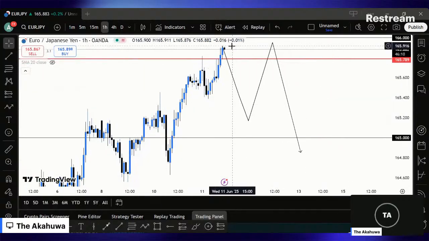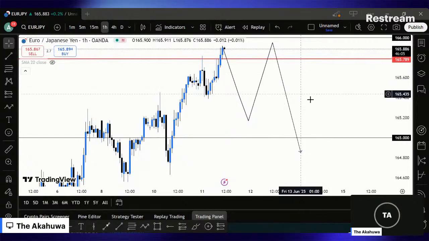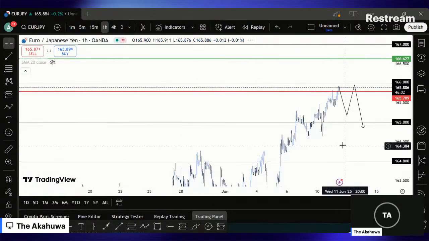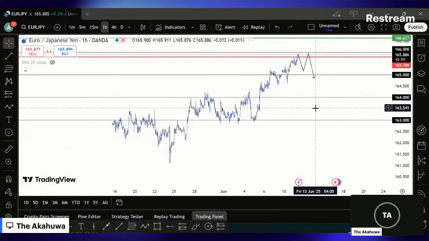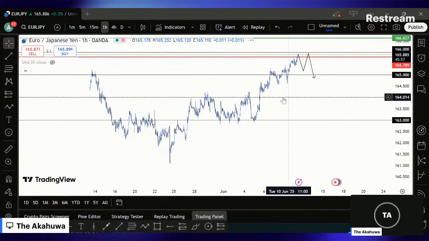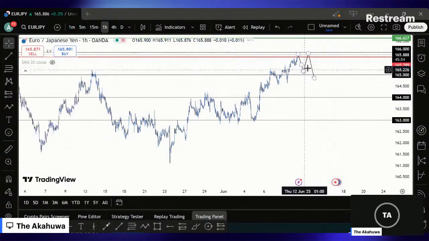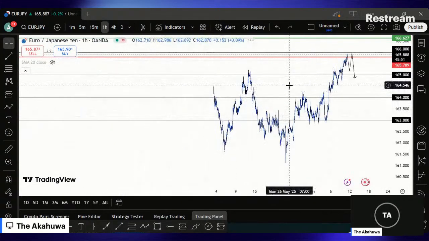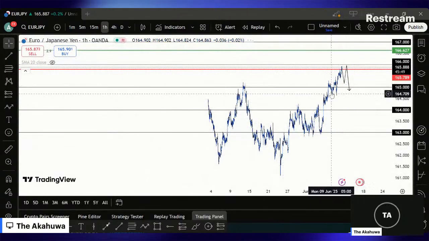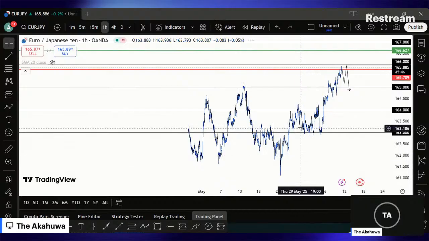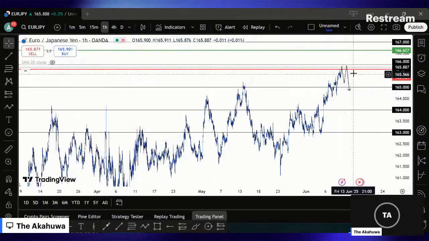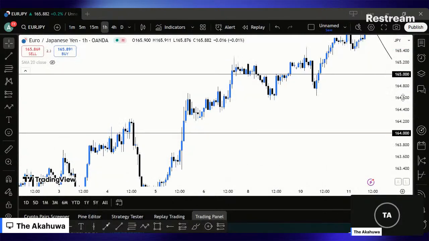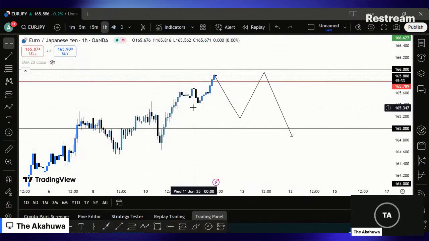So if this happens, this is like a change of character, return to the other block that sponsored that change of character, then we can be in for a short position because the buys have been happening. So you don't just jump into the buy without having a conclusive signal for it. It's not like you are trying to rally, keep riding a trend. This is an established uptrend. So for you to say that you are going to be going for a short position means that you would have seen a change of character. So until that change of character happens,